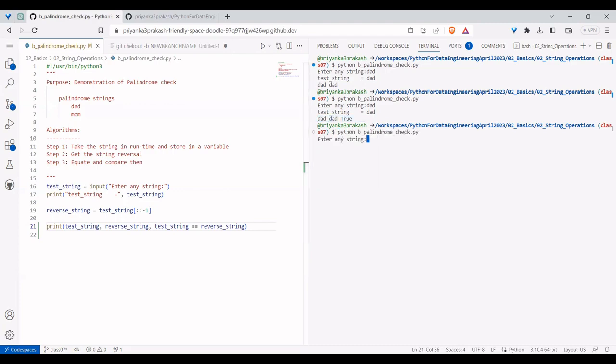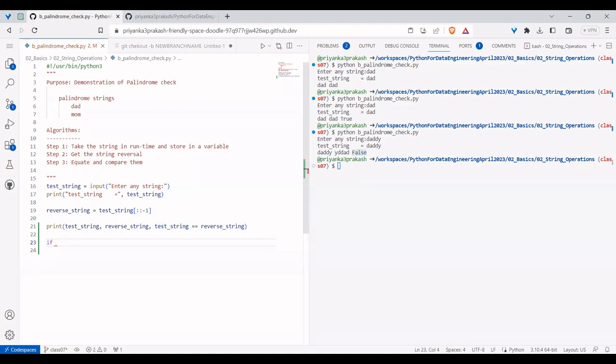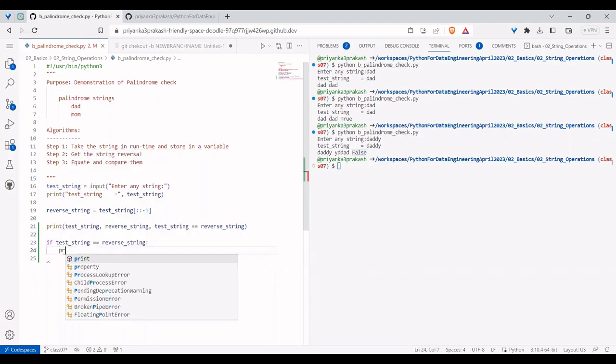Say I'm doing the same thing and I give daddy, and I do a reverse, both were not equal, so it is saying False. So based upon this condition, we can write an if condition. If condition in Python is very easy. Whatever condition you write, you write it after the if. If that is correct, then say that